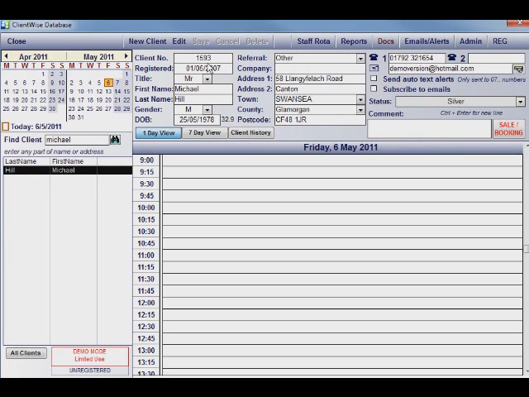As you can see, all the various fields now, we've got a client number, which is useful for loyalty if you're running a loyalty scheme. When they were registered on your system, their title, Mr., Mrs., Ms, and so forth, first name, last name, their gender, male or female, date of birth. Notice when the date of birth has been entered, it automatically calculates their age as well, using decimal years, so 32.9. Then you've got referrals,